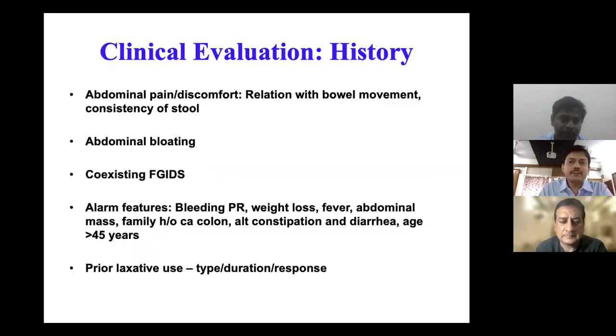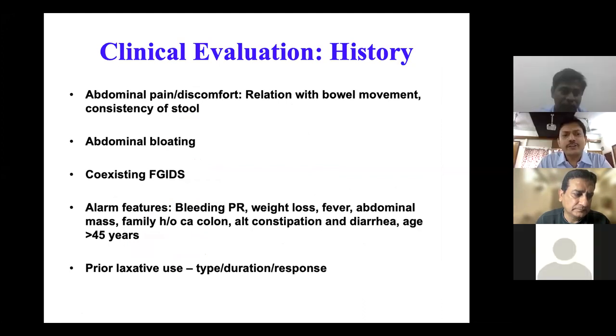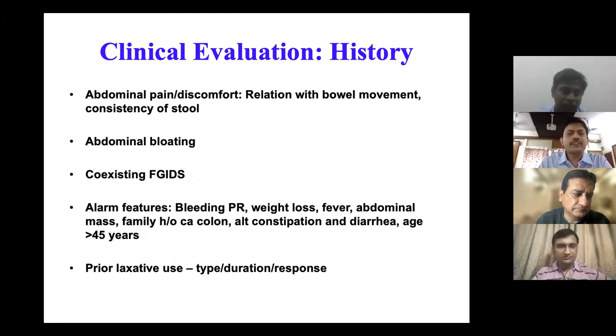Once we get an idea about the symptoms per se, we should ask about associated symptoms. Does the patient have abdominal pain? Especially if the pain is related to bowel movement or associated with a change in consistency of stool, then we can think of IBS with constipation. Bloating is a very commonly associated symptom in patients with chronic constipation. Look for any coexisting functional GI disorders. Alarm symptoms have been nicely discussed by Dr. Sridhar in his presentation. Also, prior laxative use is very, very important